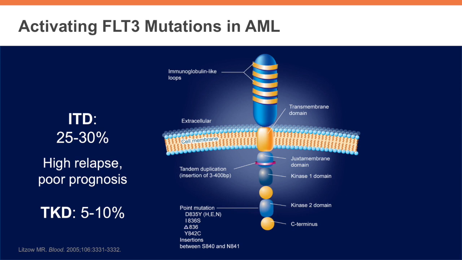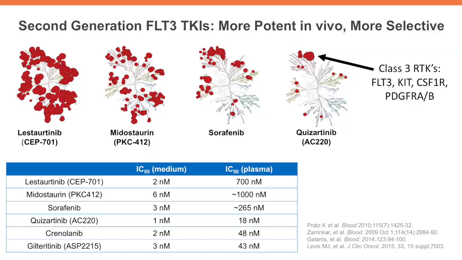For this reason, drugs targeting FLT3-ITD in terms of tyrosine kinase inhibitors have been developed. I will show on the next slide some of the drugs and their relative strengths and weaknesses. As you see, there have been several drugs developed that have been tested in the clinic, and these vary both in terms of their selectivity against FLT3, which is diagrammed by their binding against the human kinome below on these kinome scans, and also their relative potency in cellular assays, both in culture medium and in human plasma.